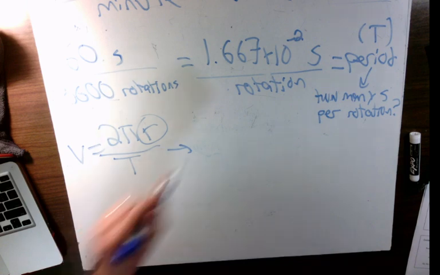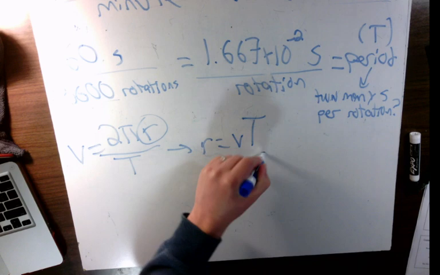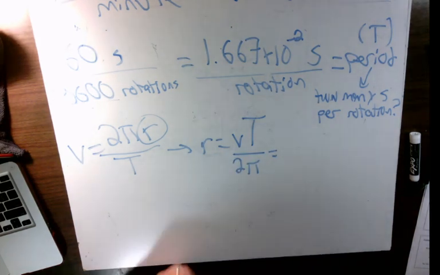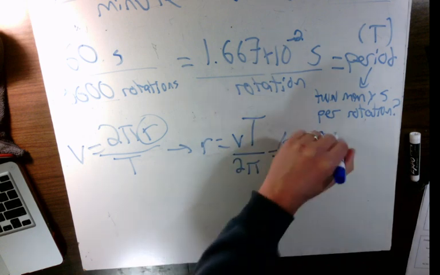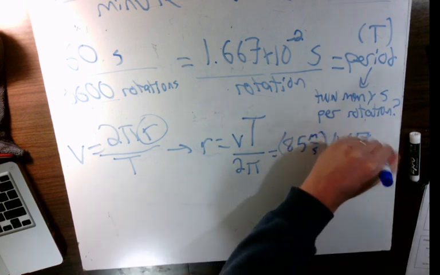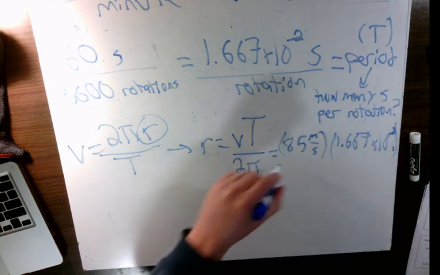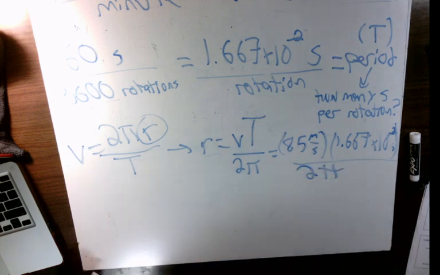So rearrange it to solve for radius, which is our speed times our period divided by 2 pi. Throw in everything we know. We've got 85 meters per second times 1.667 times 10 to the negative 2 seconds. So our seconds will cancel. We're left with meters on top divided by 2 pi. We get a radius that is equal to